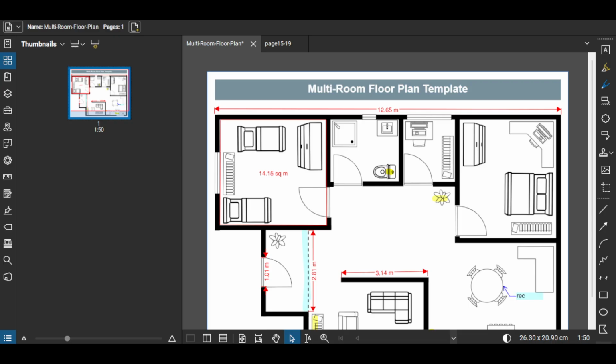Once it's loaded, make sure you're looking at the sheet you want to measure and that the measurements panel is visible. If you don't see it, you can open it from the panels on the side. Everything we do for takeoffs will be tied to this PDF, so it's worth confirming you're on the correct drawing